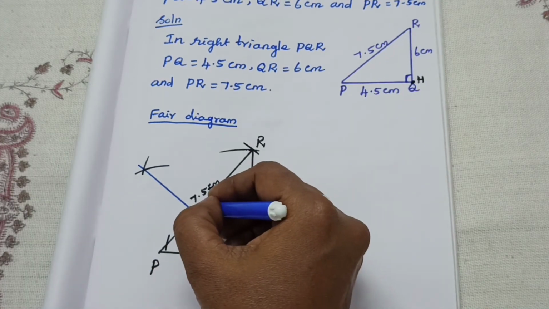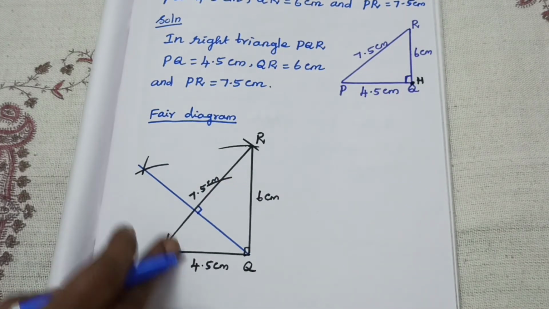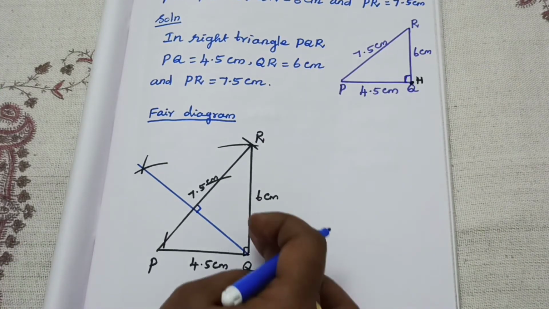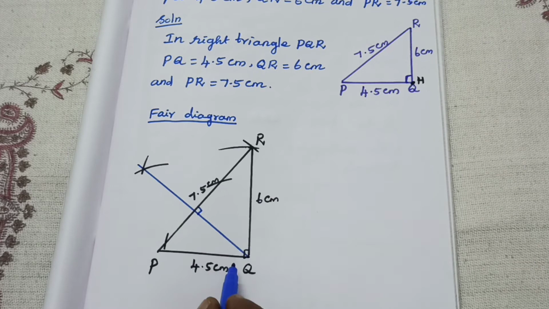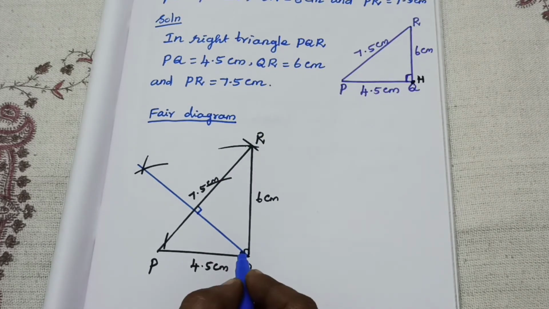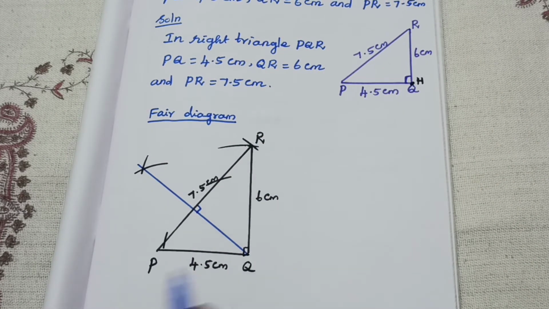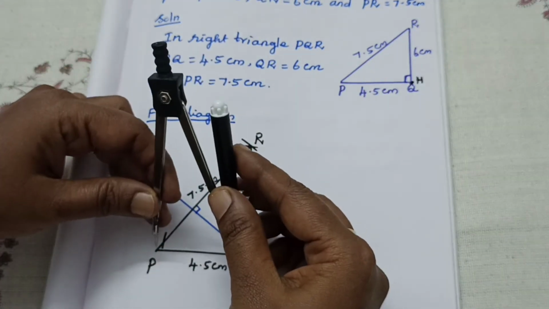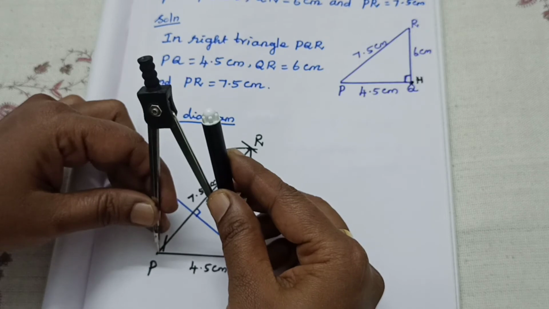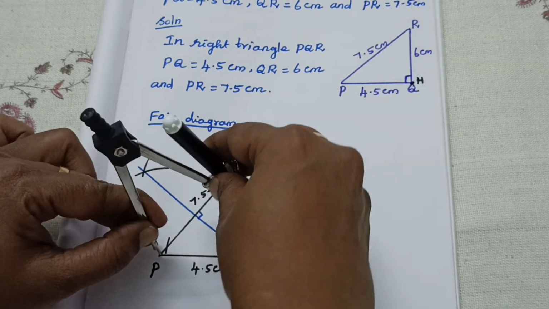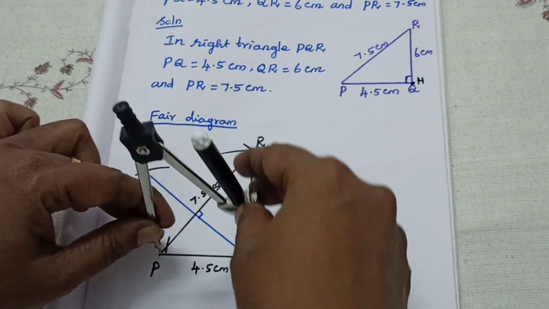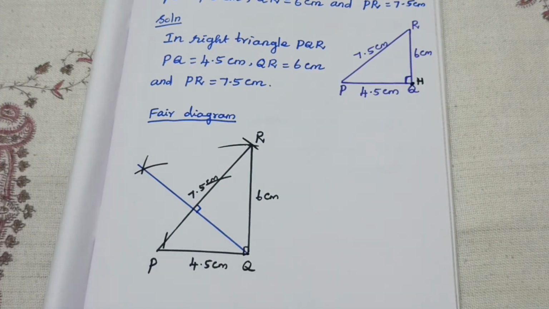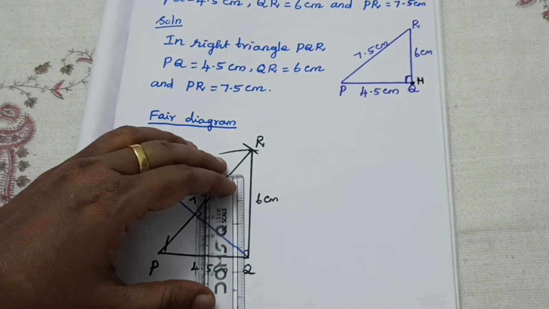Okay, here how many degrees will it be? This is perpendicular, 90 degrees only it will come. Okay, this is 90 degrees. Then already this line is 90 degrees, isn't it? Then also shall we check here P is the vertex. Then opposite side, 2 arcs we have to draw. Okay, we cannot draw, isn't it? So shall we extend this line? This line we have to extend.